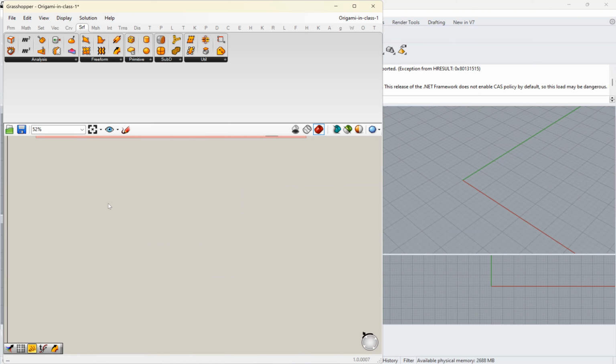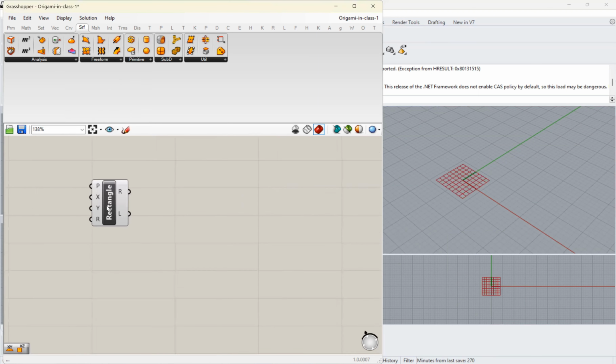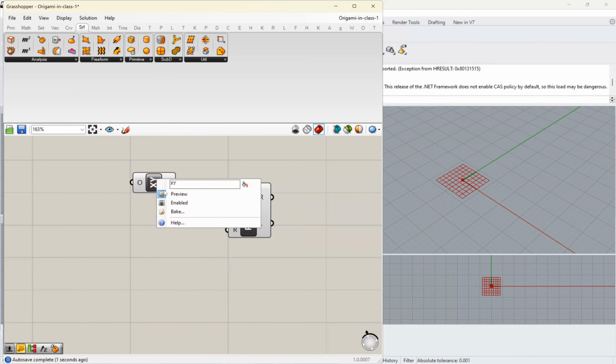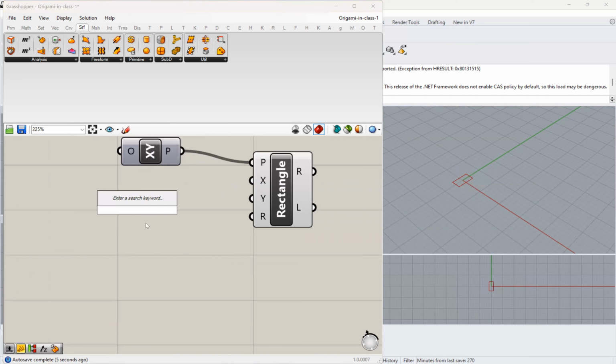First of all, what I'm going to do is creating a rectangle. So I will type rectangle, and to create a rectangle, I need to define a plane. I define it as XY plane. I'll turn it off. And then also I should give an XY coordinate as the dimensions in the first